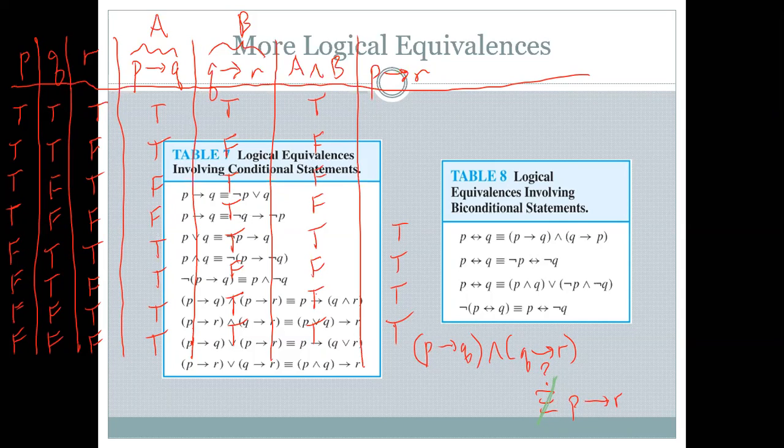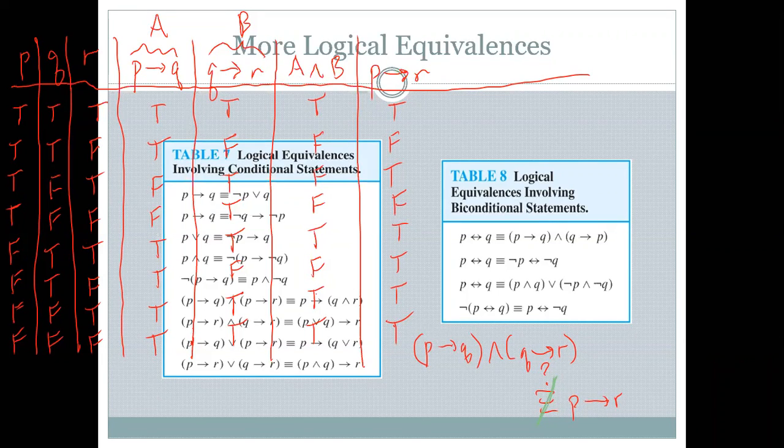Okay, and then what about the other one? So P implies R, true, false, true, false. Is that what that is? Okay, interesting. So they're not equivalent, but it seems like something should be true, right? There's some kind of connection here, and it turns out that there is, and it turns out that what's